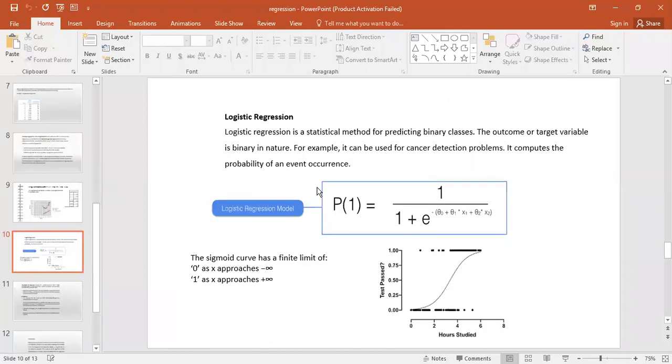And when we come to logistic regression, it's a form of regression in which the predicted values are binary values. It's like Boolean values, yes or no: whether a person is diabetic or not, whether he's a cancerous patient or not. The outcome is in the form of binary. We can call it even classification. It's similar to classification, but based on past results and past outcomes, we'll predict whether this person is having this disease or not.